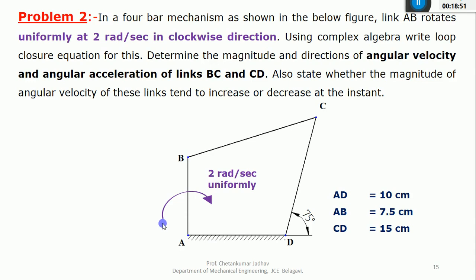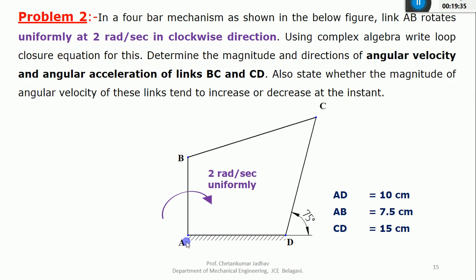And you are giving the input to this kinematic link, that is link AB, the second link. You are rotating this, you are giving the input, and you'll get the output here. It is similar to a wiper. When you give the rotation to this link AB, it will start oscillating towards left and right direction. In a similar manner, the link CD also starts oscillating like this. Meanwhile, the link BC also will move towards right and left, which is nothing but the combination of linear and rotary motion. Don't worry about that one. And after that,